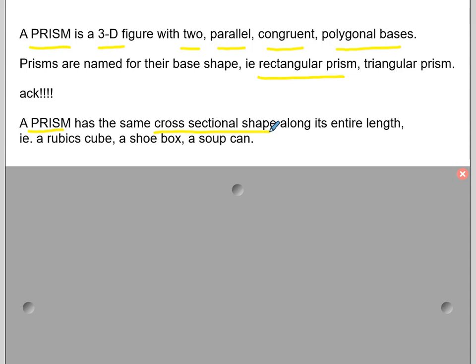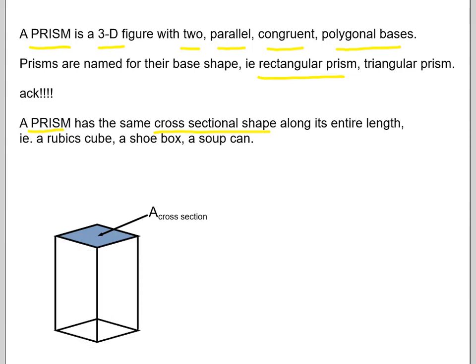And you've seen this all the time, a Rubik's Cube, a shoebox, a soup can, even the toothpaste that comes out of the tube when you squeeze it. It has the same cross-sectional area. So cross-sectional area just looks like this. If you looked at this shape right here, and you were to drag it down throughout the length of the object,